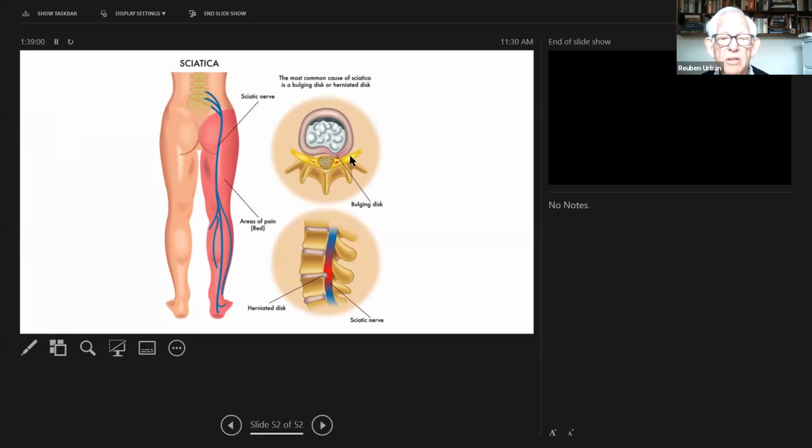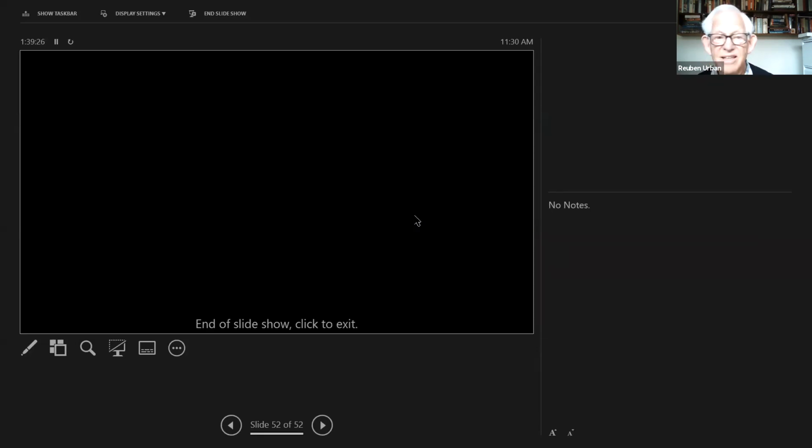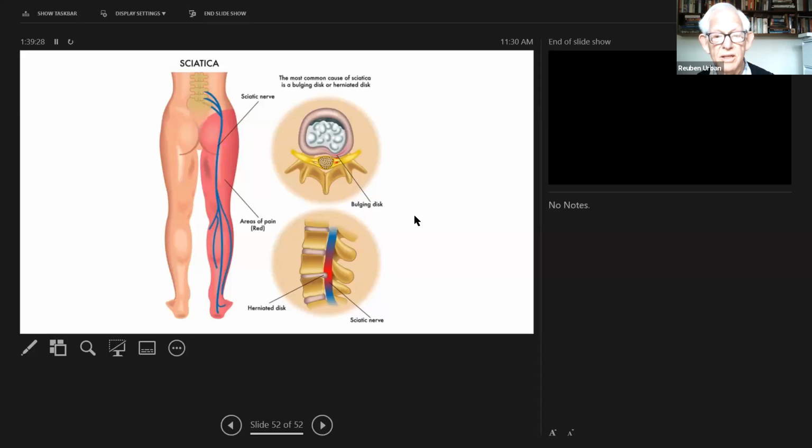So here you've got what's called a bulging disc. It's herniated there, it's pushing in there. So these are discs in the spinal cord. There's the nerve fibers, and if you do that and it pinches on the sciatic nerve, you get sciatica, and it's treatable, but it's very painful. Oh, last one. We're done.